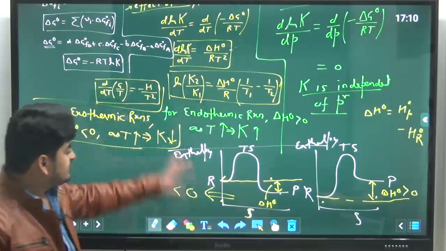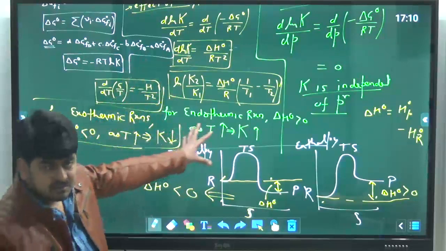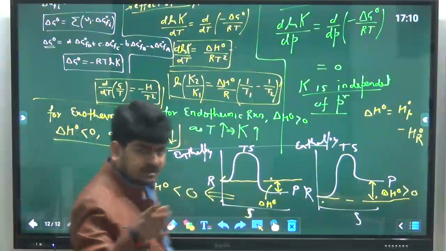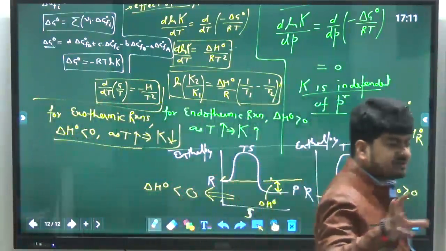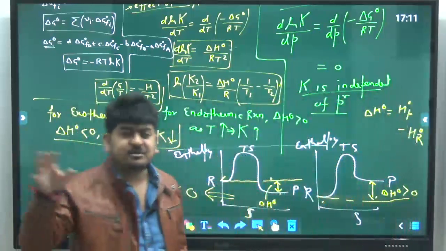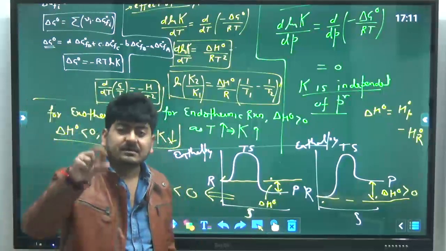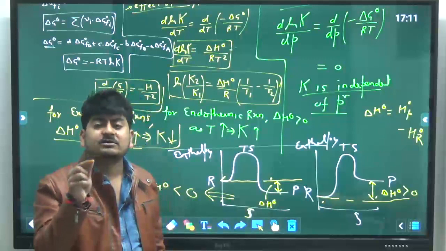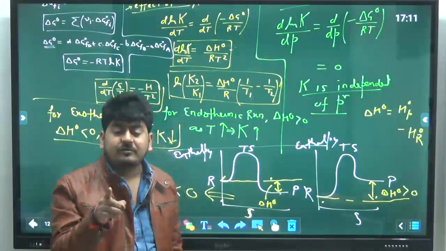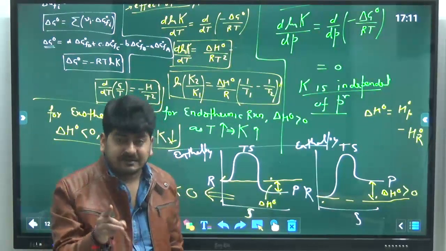We are here for GATE 2021 revision. So this is the effect of temperature on equilibrium constant, effect of pressure on equilibrium constant. I should tell you that there was a question in early 2000 in the GATE exam for 1 mark. Equilibrium constant, 4 options. Function of temperature dependent, temperature pressure dependent, like that. In the GATE official answer key, the answer was that equilibrium constant is a function of temperature and pressure, which was incorrect. So for your information, in the GATE exam as well, the official answer key could be incorrect.